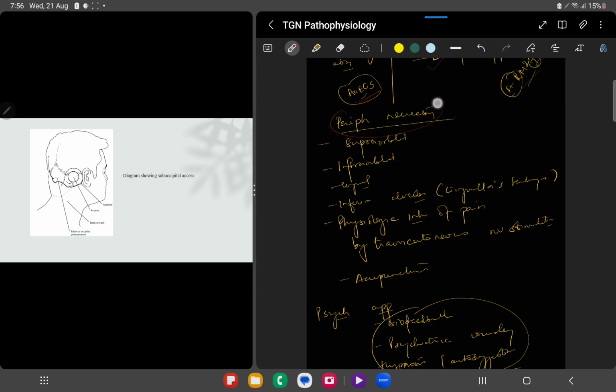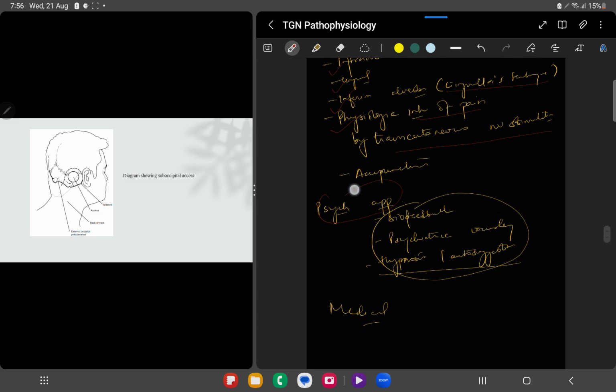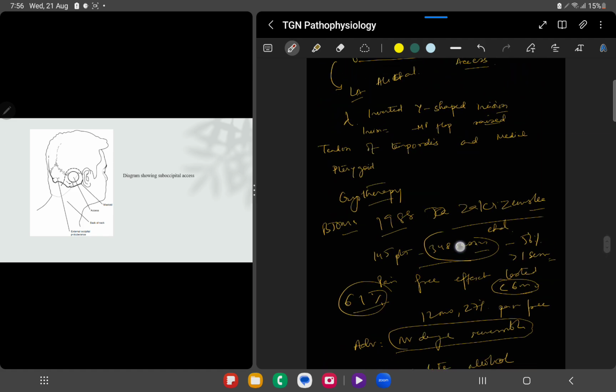Other neurectomies are peripheral neurectomies, which can be done on the supraorbital, infraorbital, and lingual nerves, and the inferior alveolar nerve with Ginwala's technique. Physiologic inhibition of pain is by transcutaneous nerve stimulation and acupuncture. Psychological approaches are biofeedback, psychiatric counseling, and hypnosis. Now if we go to the medical aspect,